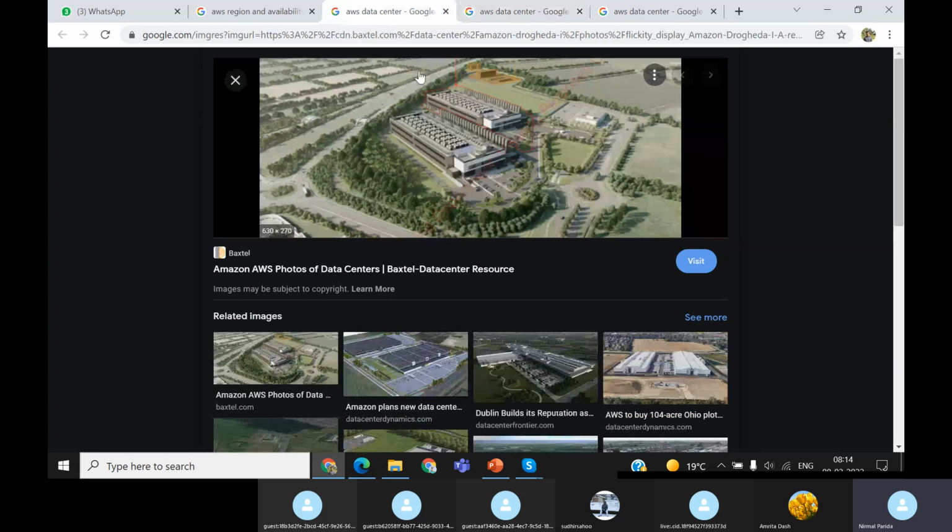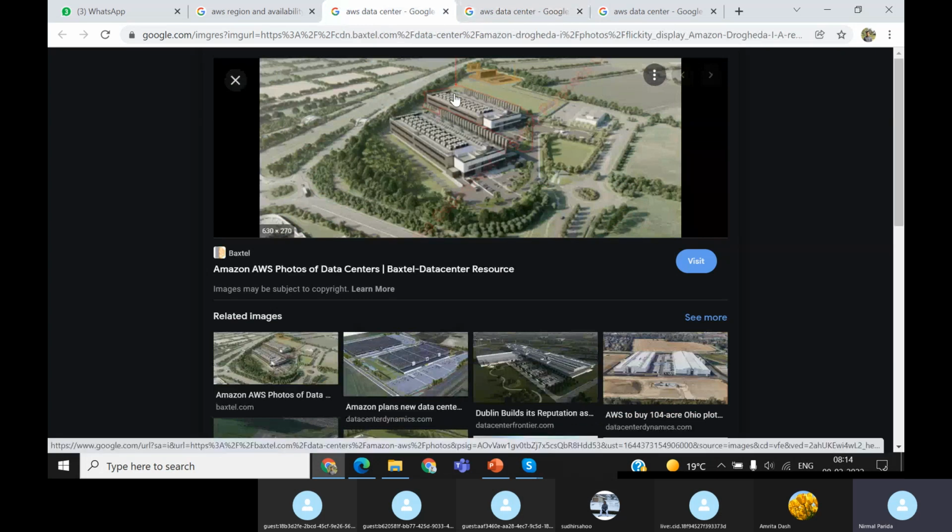This type of building is an availability zone, and there can be 2 to 3 or even 6; I saw one region having 6 availability zones.